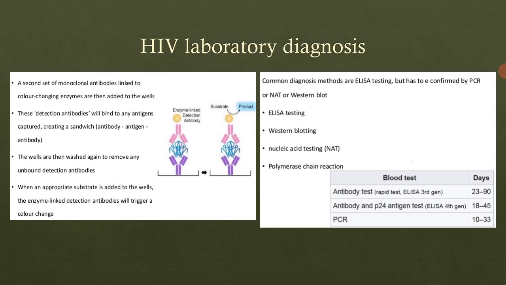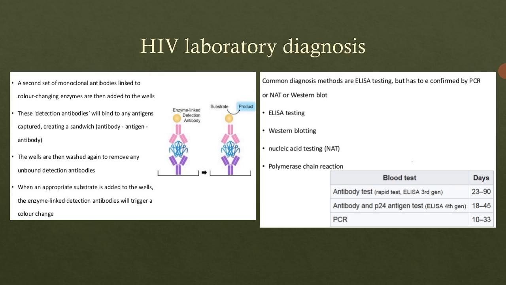Okay, so now our primary antibody, that is the capture antibody, has captured our antigen already, right? Now we are adding the secondary antibodies, and these antibodies have a color-changing enzyme with them. So if the antigen-antibody complex forms between them, the color will change. That's why the method is called the sandwich ELISA.